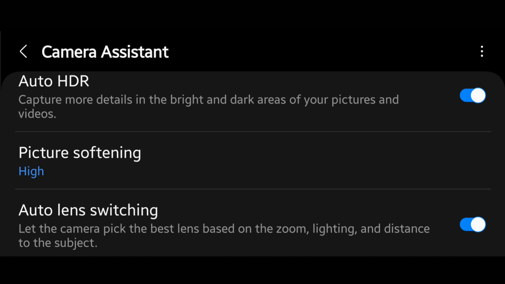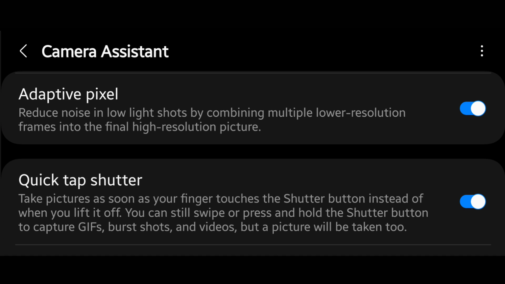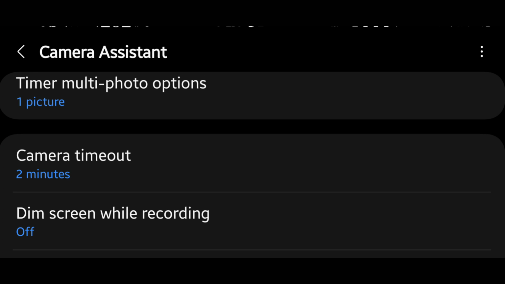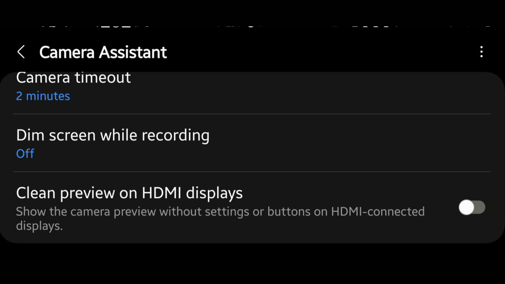The process involves capturing two photos, one in high resolution and one in low resolution, and merging them together. All of this happens in the background within a fraction of a second. Galaxy phones that support adaptive pixel automatically adjust everything to give users the best results, with factors like environmental brightness playing a part. But Galaxy S23 users can turn off this feature following the latest update for their phones in